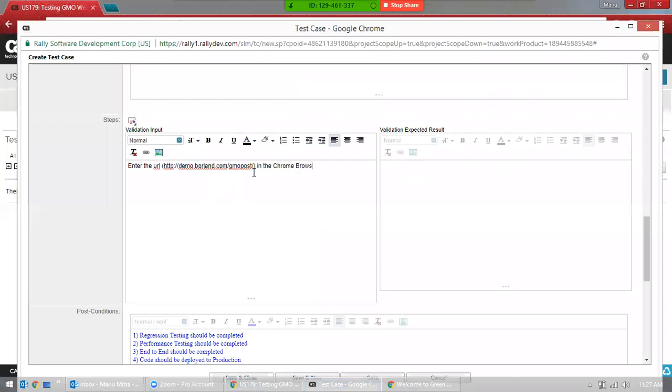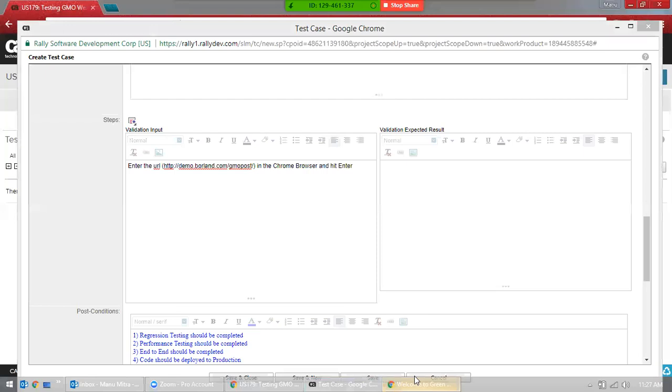Let's say we are working only on the Chrome browser for now. We have to write separate test cases for Firefox, Internet Explorer, Microsoft Edge, Safari, and all those things. But since we are talking only about Chrome, we're just worrying about Chrome. Enter the URL in the Chrome browser and then hit enter,